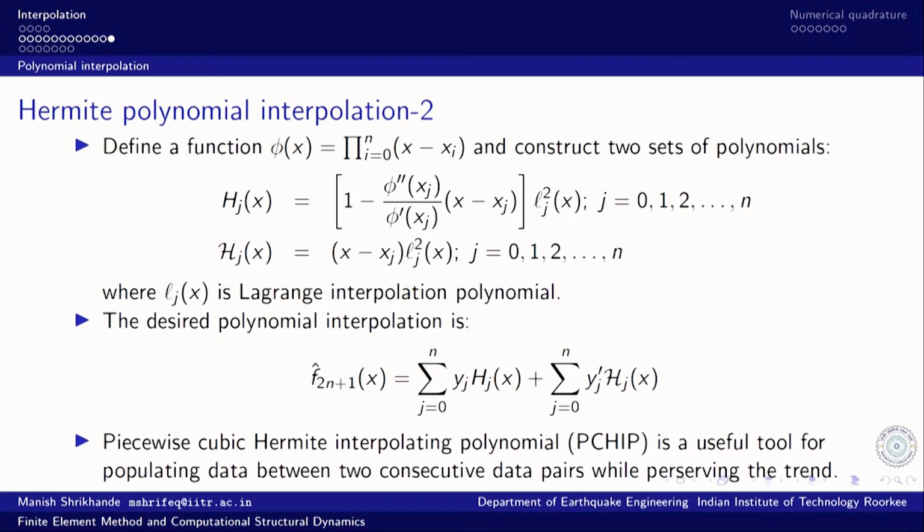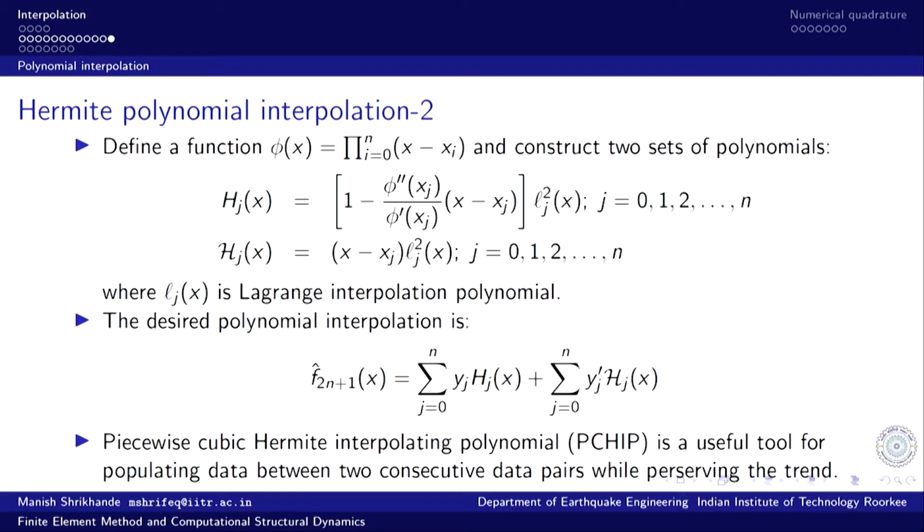and we can construct a very good quality approximation by using roots of Chebyshev polynomials as the nodes of interpolation. Then another way to constrain the behavior of the interpolating polynomial is by adding more information during interpolation, by considering not only function values, but also imposing constraints on the derivative of the function at the nodes, and that leads to what we call Hermite polynomial interpolation. With just two nodes we can pass a cubic interpolation polynomial based on two conditions at each node. So, a total of 4 conditions are available for evaluating the unknown coefficients.